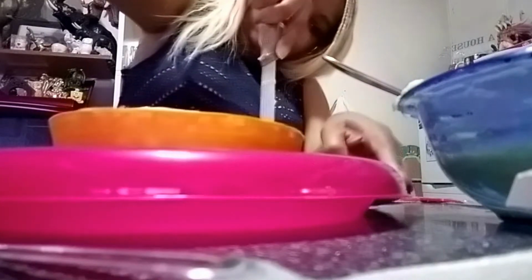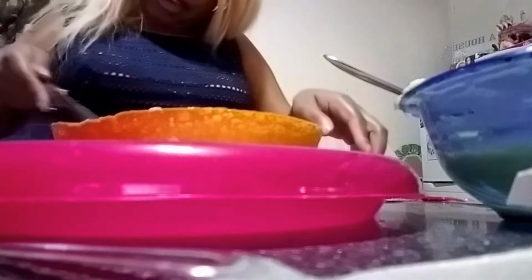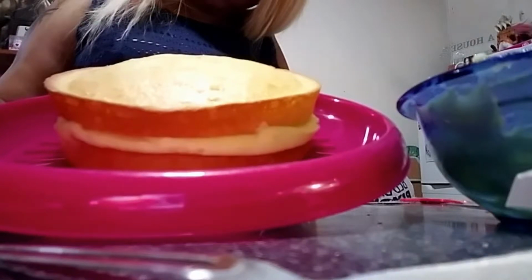I am definitely not an expert cake maker. I like to make them, but I don't fancy it up too good because I'm not good at that. But you know what? Who the hell cares? Because it usually ends up tasting better than it looks. So, alright. There we go. Got ourselves a top layer of this